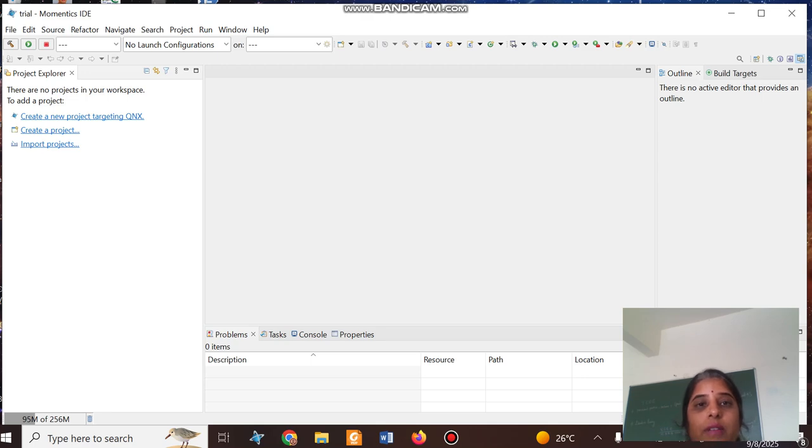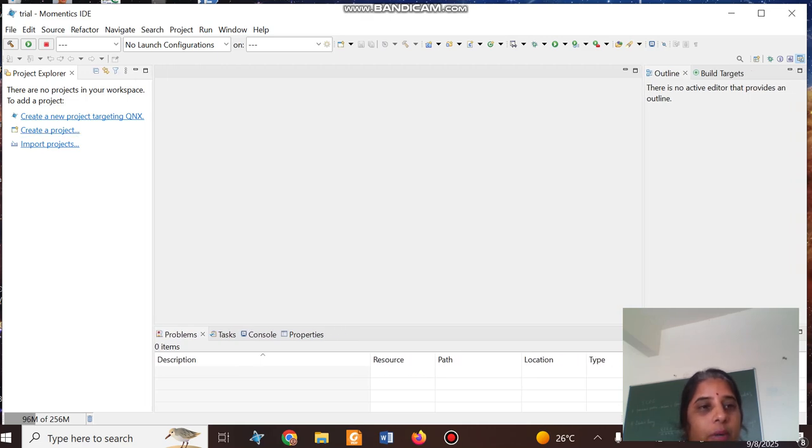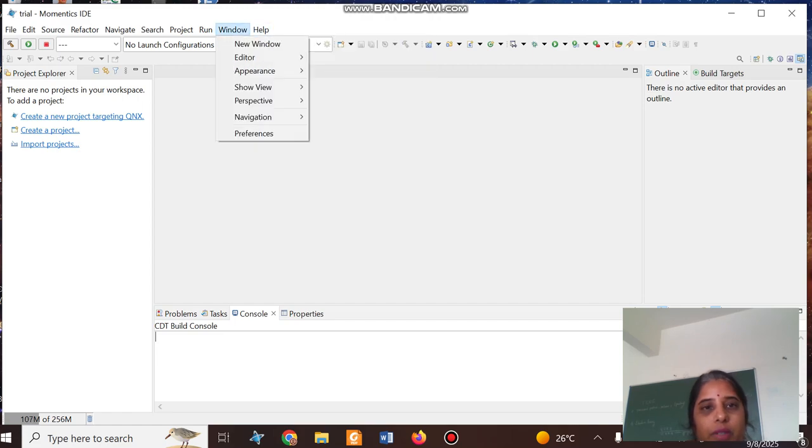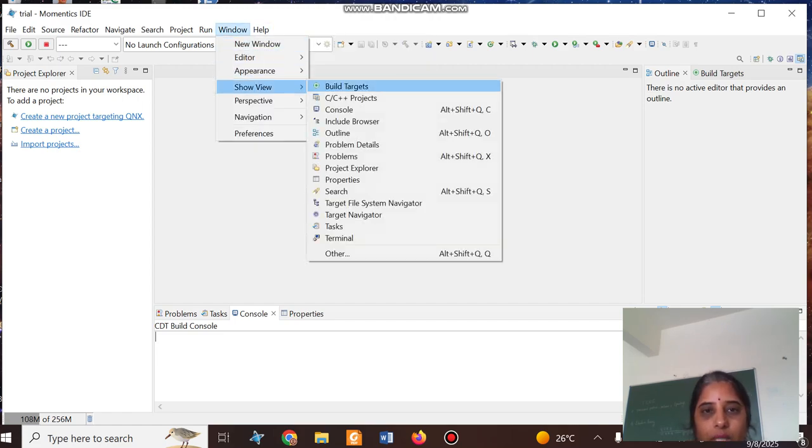How to do that? First thing is there is an on button. You should know what each of the panes does. There is a project explorer here. Whatever projects you create will come over here. There is a console, where you can see the build output and the output of whatever application is running. Along with that, there is one more option, the Window menu, Show View. You can create all these views, which come at the bottom of the screen.